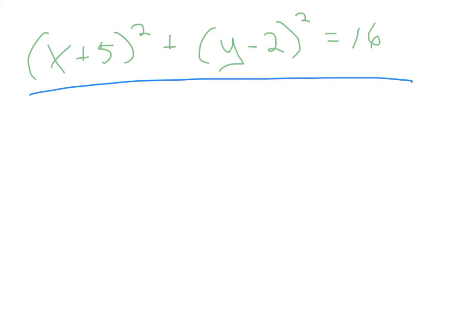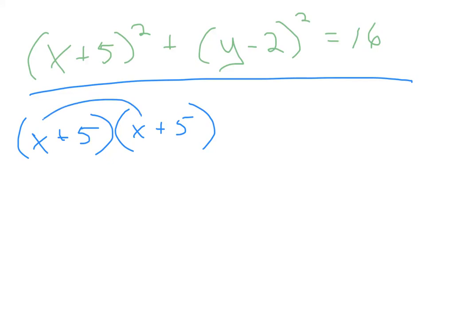How do we multiply binomials? I can do the square double square, which I showed you guys. Or whenever we have a binomial squared, it really means the binomial times itself, and then we FOIL it. So I'm going to take each one step at a time. So it's first